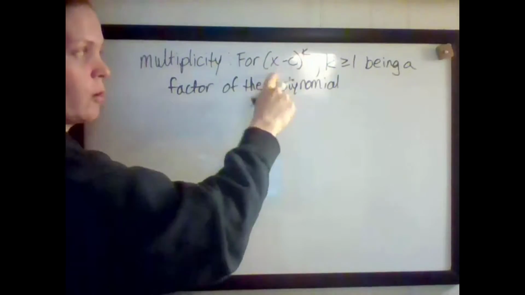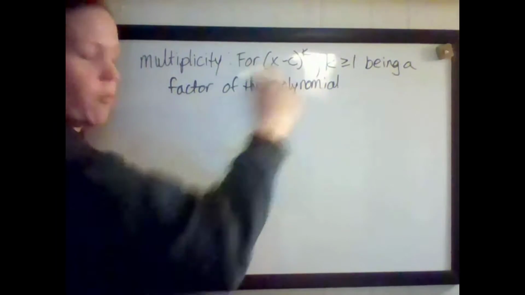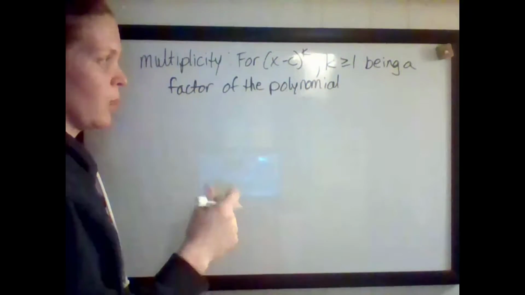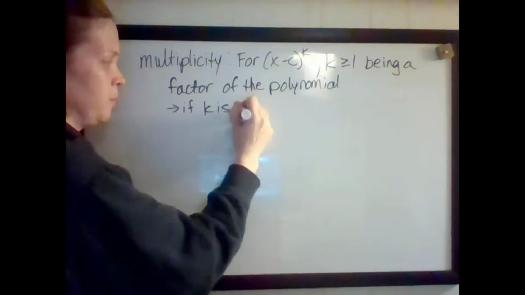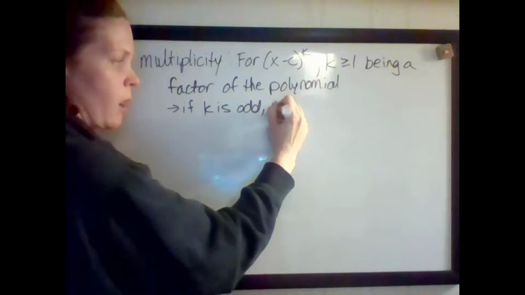Once we factor it out, if we have multiple factors that are the same, this is what can happen. So if k is odd, the graph